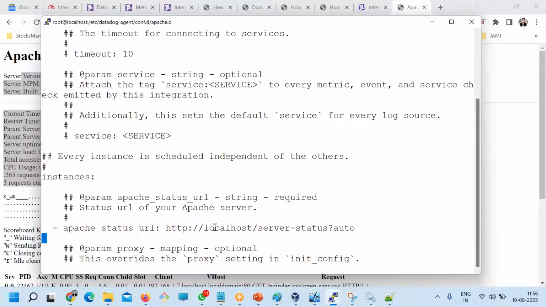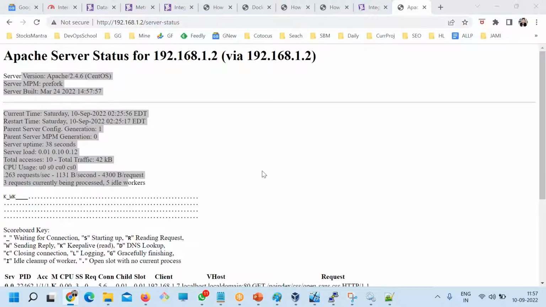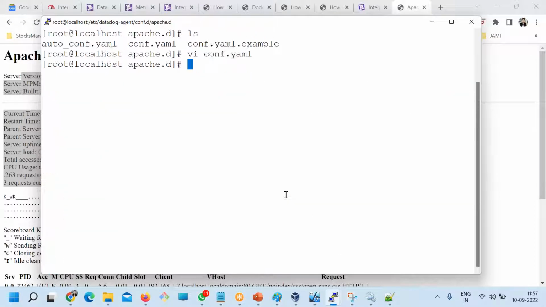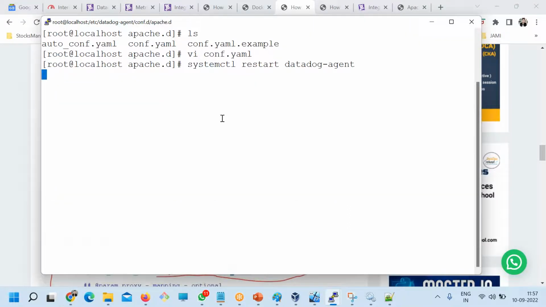If it is on a different machine, you can change this IP address. This is the same IP address, this is the same URL. See here, service status. So it's enabled, let it be as it is, and finally restart the Apache. So this is done, and restart the Datadog, done.